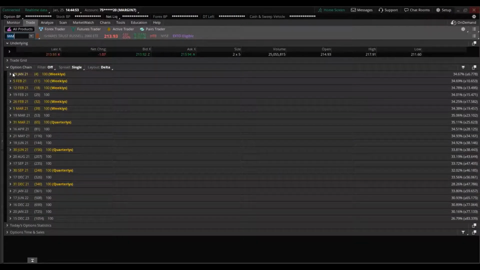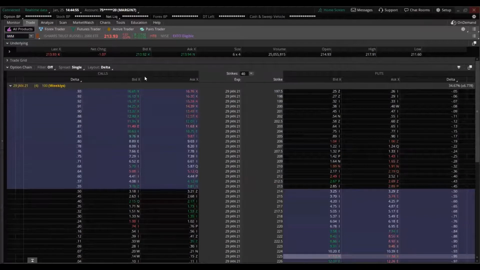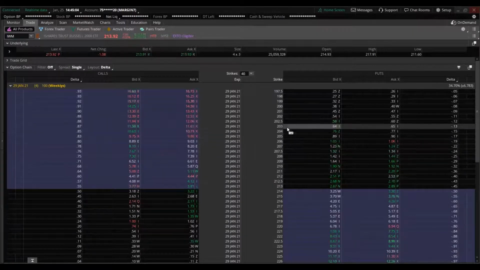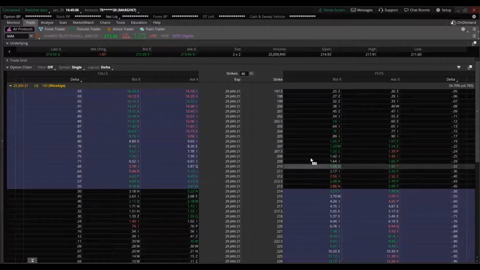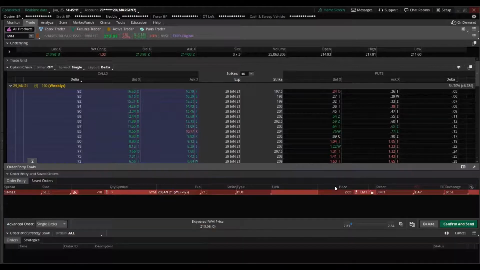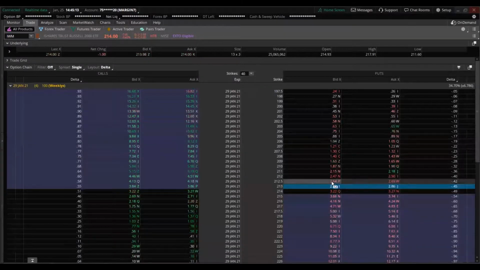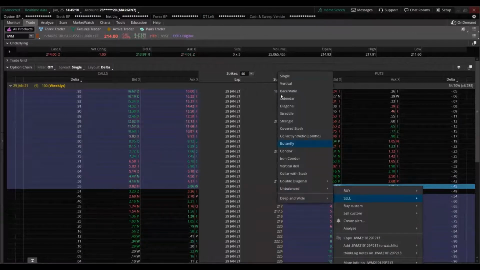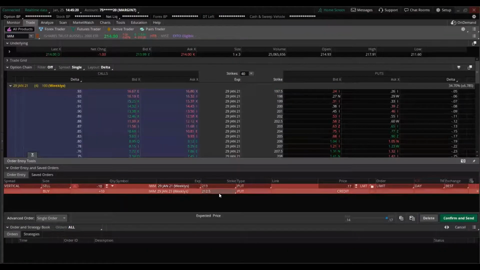Contracts, 29 January. Stock is at 213. And let's just look, for example, 213. How aggressive do you want to be? Let's do it right there. 213. Say you're so bullish, you just feel so certain it's going to go higher. $208,